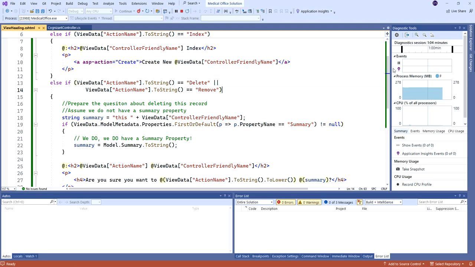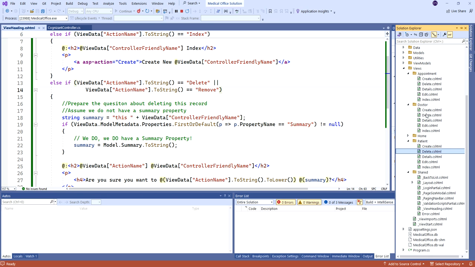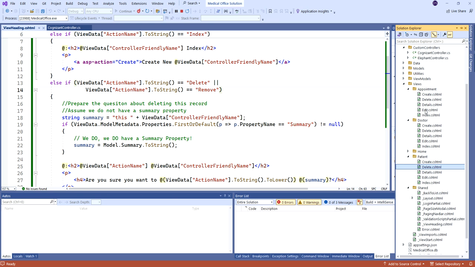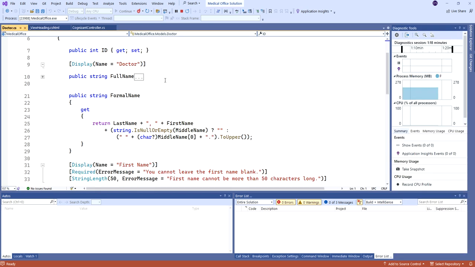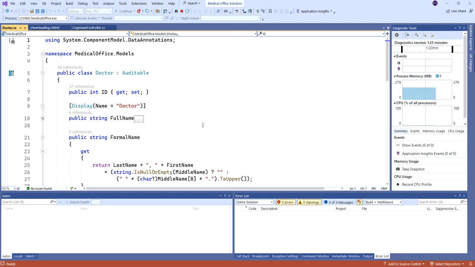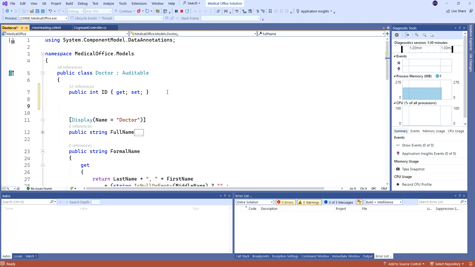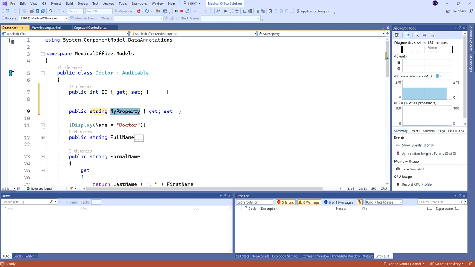Let me come here to the class. I've got to be able to see the Solution Explorer here. So if I come to the doctor class, the model, right? So I have the full name and I have the formal name. I could actually just steal one and start calling it summary, but that will probably give me some build errors at this point in time. So, I could just simply do something like this. Actually, I could just make it public string summary,